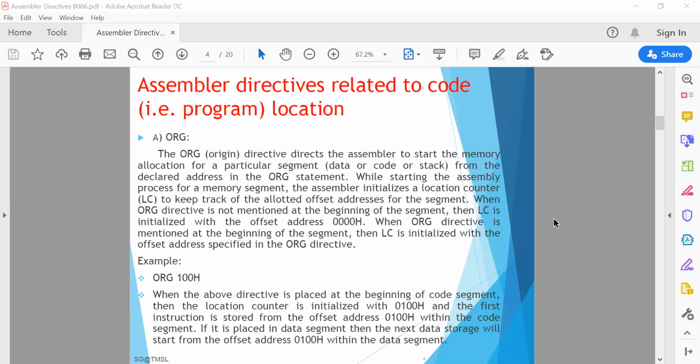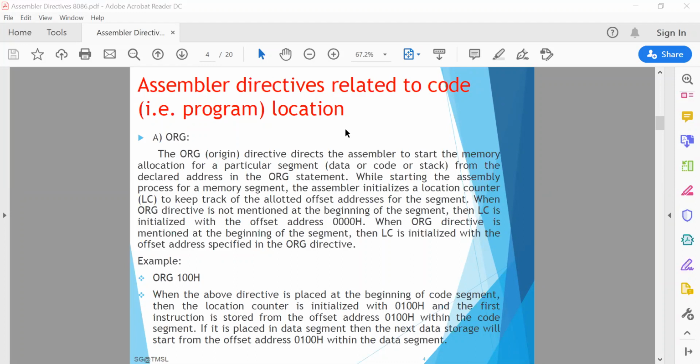According to this type of application, the first is the origin or originate, ORG. So ORG, origin, is used.